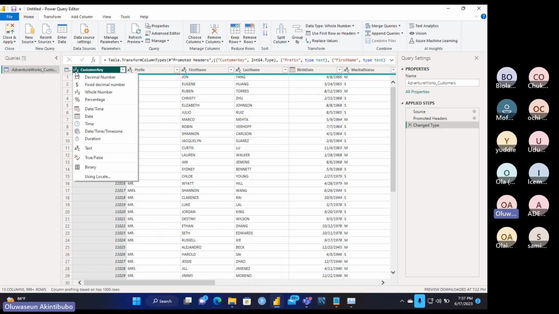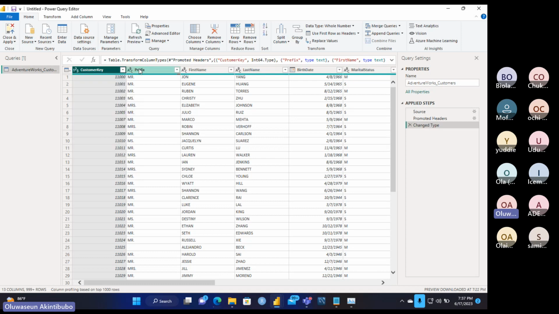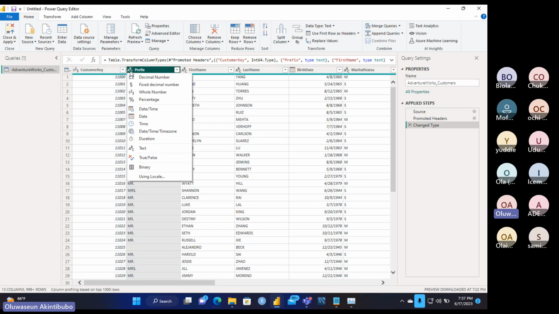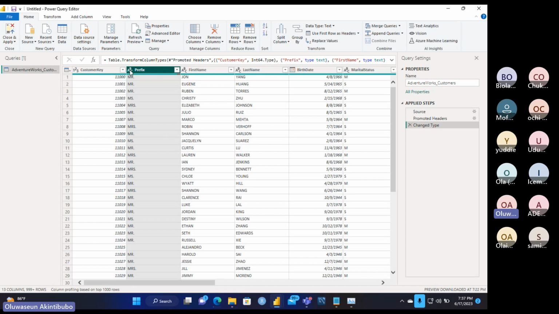So just click on, for example, the 1, 2, 3 symbol, and it would show you all the data types available. I'm satisfied about that data type. If I look at prefix, I'm satisfied that it is a text data type, so I'm going to leave that.